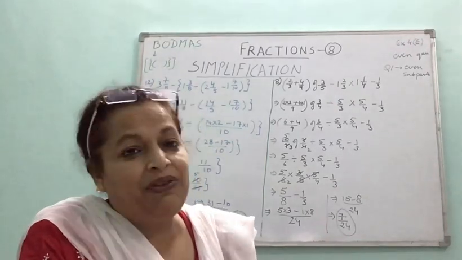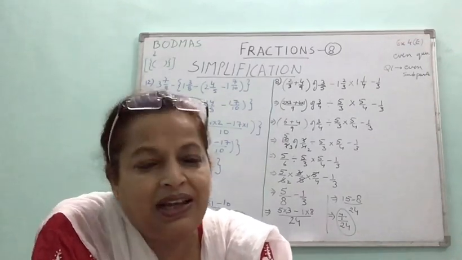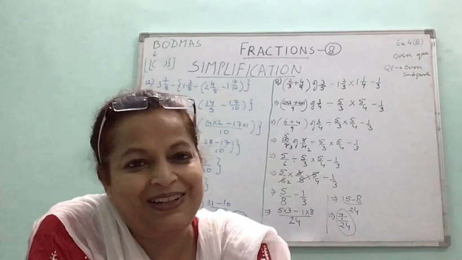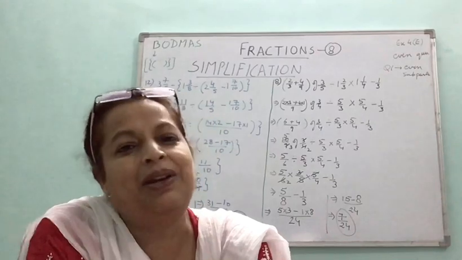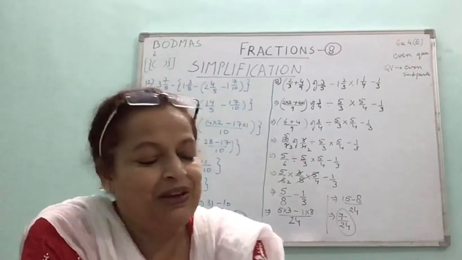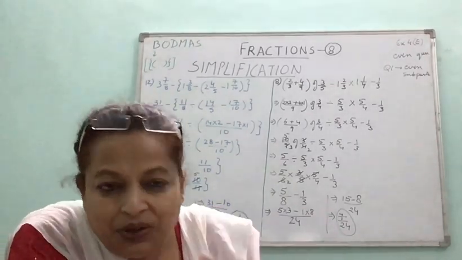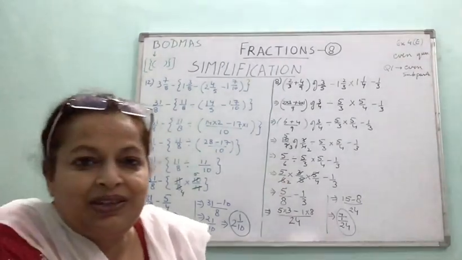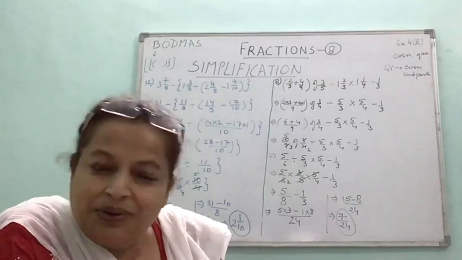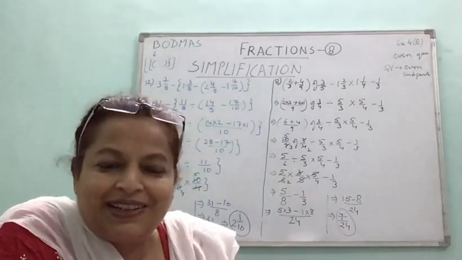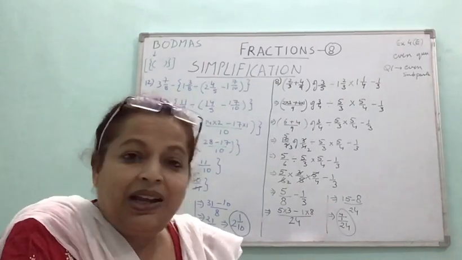It is a must because you are doing simplification for the first time, and I tell you children, there's nothing as you do not know, but you tend to make careless errors, and the word careless doesn't apply in maths. It is that you have not sufficiently practiced, that is why you were making errors. So I have told you the places where you can make errors: in copying the question, in your hurry you may start doing addition and subtraction side by side, or maybe of and multiplication side by side. Do not do that. Do not skip steps. More steps, less errors. Okay? So keep all these things in mind. Do the work.